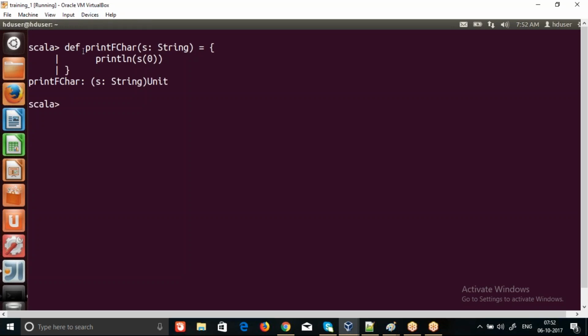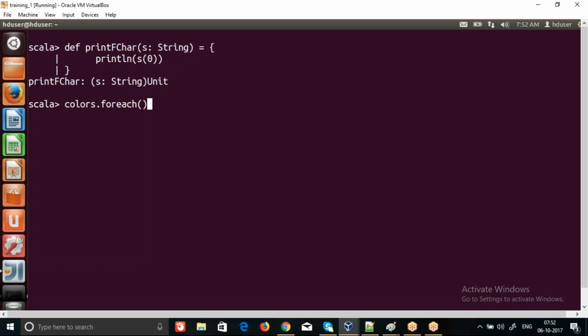I'm just defining my own function to print the first character, which takes the same type as the collection type, and it returns unit because our body contains the println. So obviously we can pass this function to the